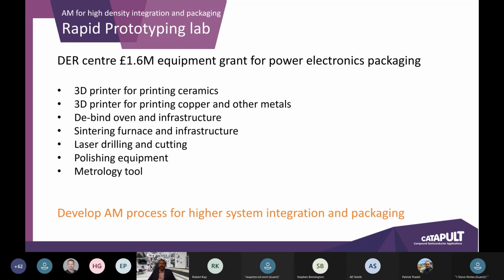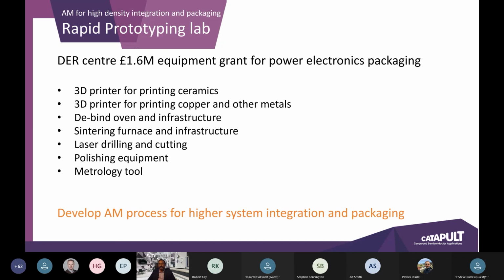In this line, we have already started working with the Driving the Electric Revolution concept, or theme, promoted by the UK government. We recently received 1.6 million in funding as an equipment grant for power electronic packaging. So we are planning to establish a ceramic line, which includes ceramic printers, metal printers, and other associated infrastructure.